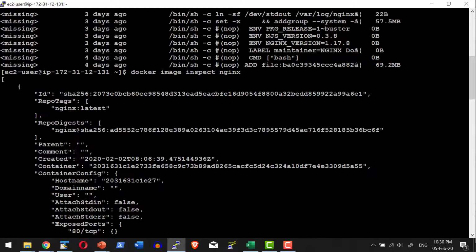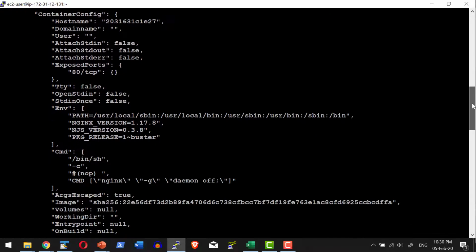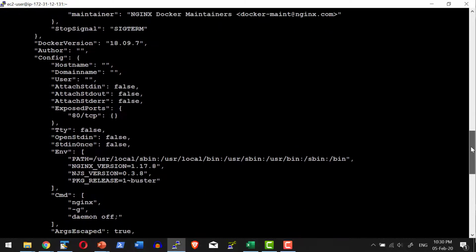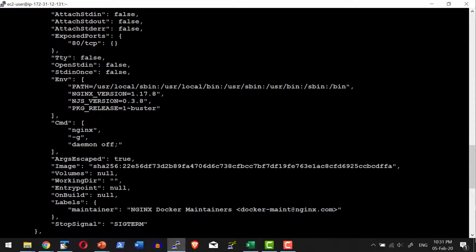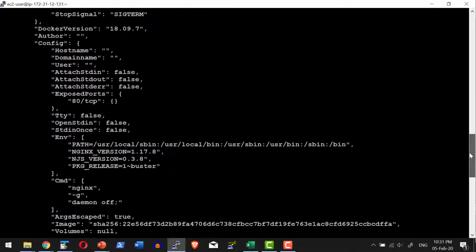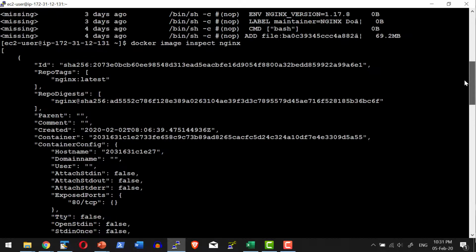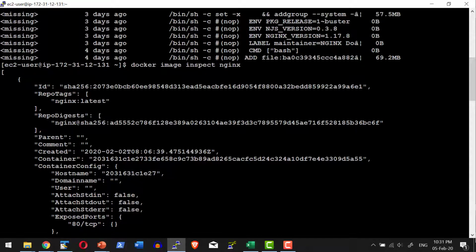I can filter any specific information I want out of this. We will have a dedicated section to understand the inspect features. Here I have details like what the base image was, and what environment variables are going to be passed to the container created with this specific image. All such information we can get using the inspect command.